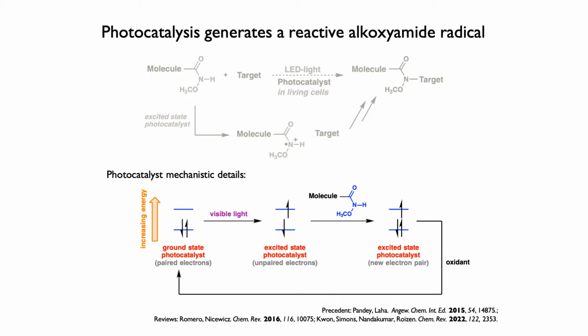When you shine visible light, in our case generally purple light, one of those electrons, indicated by that single-headed arrow, is going to get excited, so to speak, into a higher energy level. And that's your excited state. And that's a pretty reactive state, being the excited state, because you have unpaired electrons. And those electrons don't want to be unpaired. They want to be paired with another electron. And so what's going to happen then is that this excited state is going to take that electron, as we saw up here, from the molecule, from that nitrogen, so that it now has created this pair of electrons.